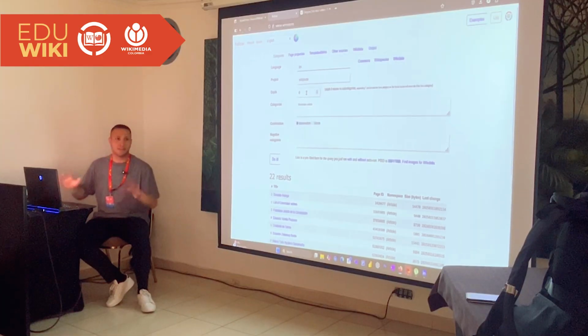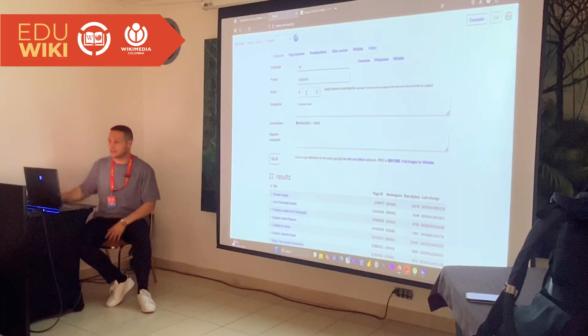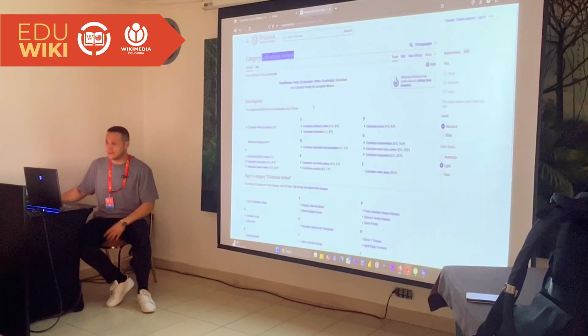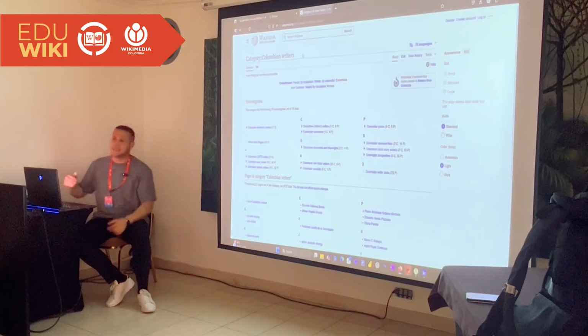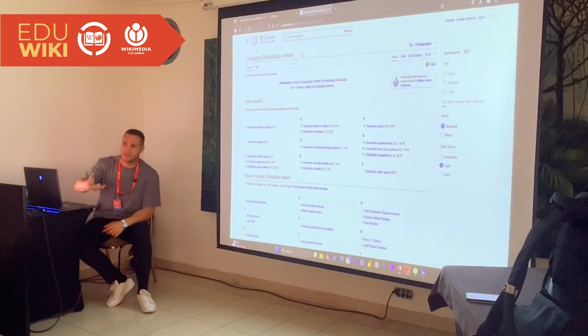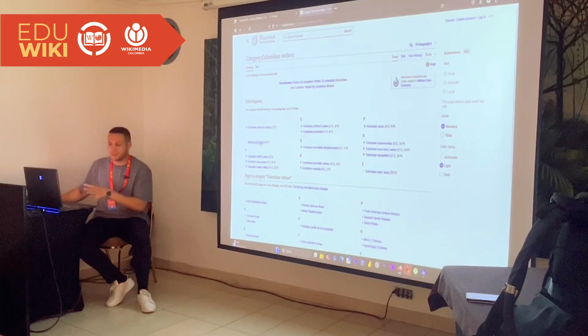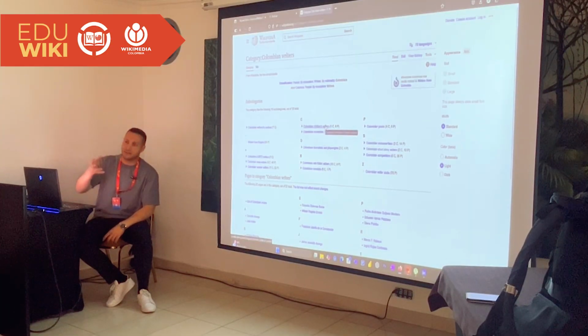Amazing. As you can see, in the main category Colombian writers on the English Wikipedia, we have 22 articles. This main category has subcategories: we have Colombian writers by century, writers from Bogota, and so on. Now, the other question is, how many articles do we have in the first main category and